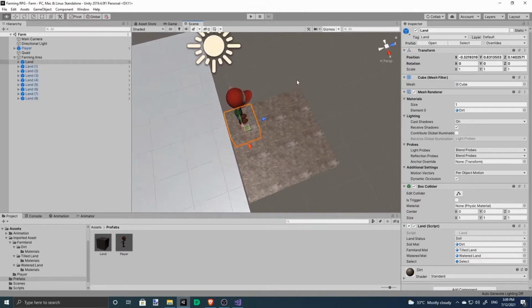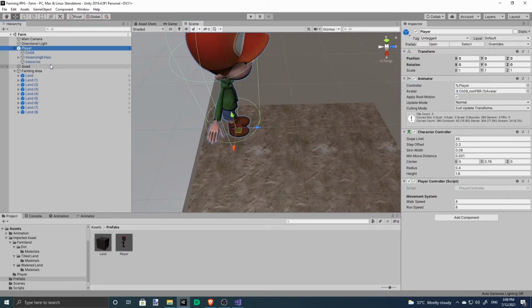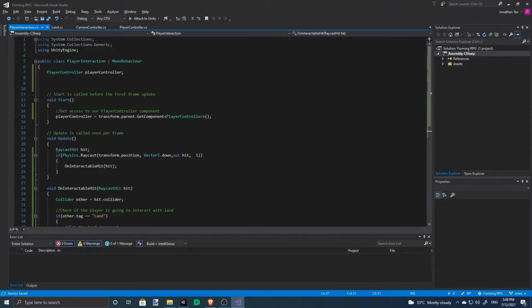Oh, we want when the player is selecting something, when the player walks over here, we want this interaction system to keep track of what it's selecting.